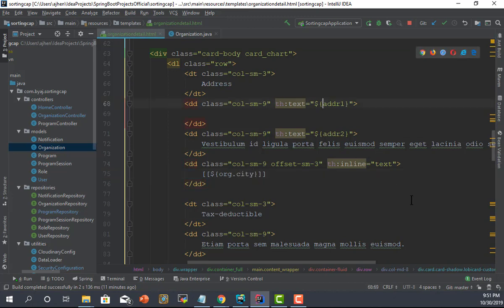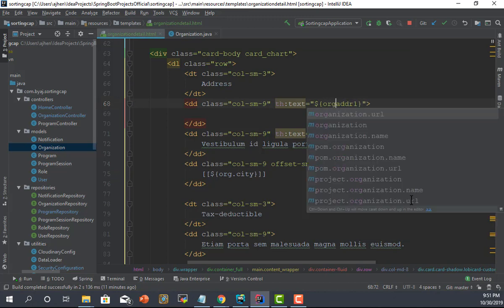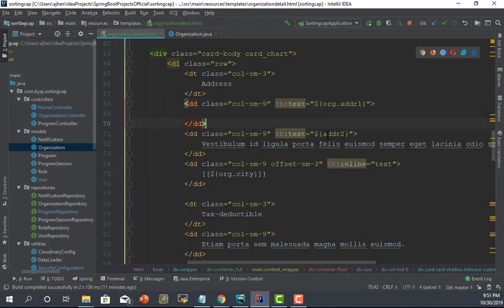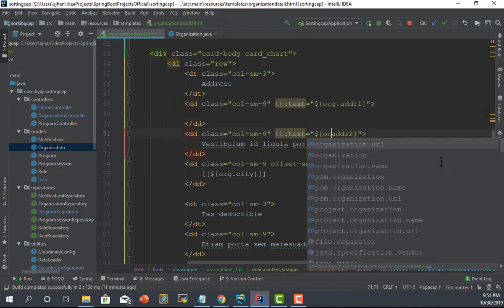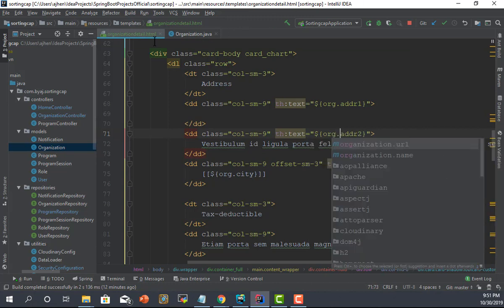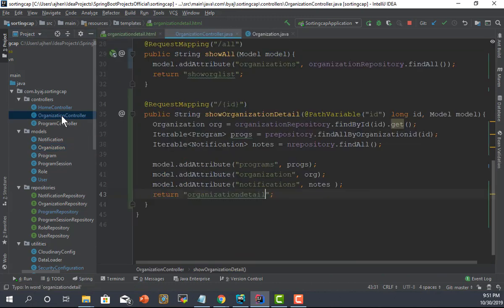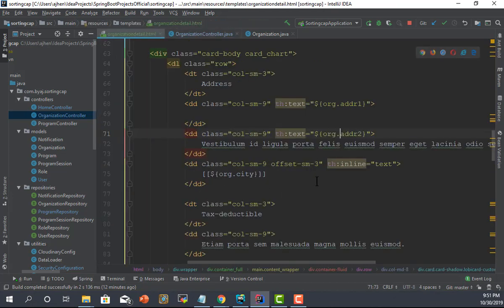I'm sorry, I forgot the org on these. Is that driving you crazy, whether you're sitting there screaming into your hat? And actually, I don't know that I called it org. Did I call it org or organization? Organization. Let's pass it as org. There'll be less typing for me on here. So org.address 1, org.address 2, org.city, comma space,